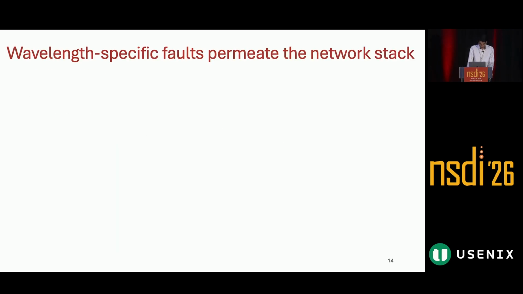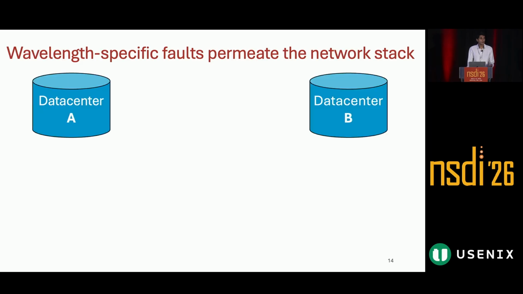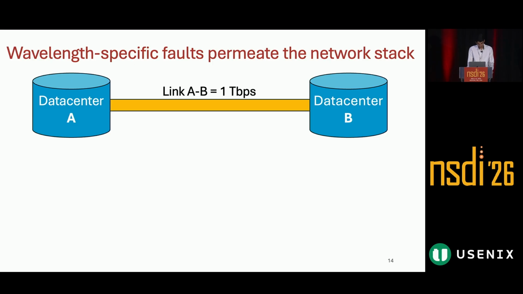So I'm going to conclude with the broader takeaways of this work. And so while we have nice network abstractions in CS, the physical world is not so nice, as we showed with wavelength-specific faults. And this is why HEDGE integrates stochasticity into the core of its design. To a TE or optimization person, there are two data centers connected by a 1 terabit link. And this simple view allows us to use elegant algorithms in CS, such as multi-commodity flow,